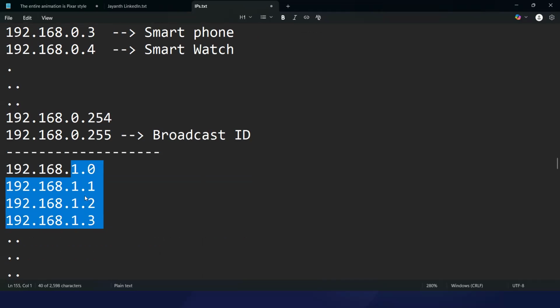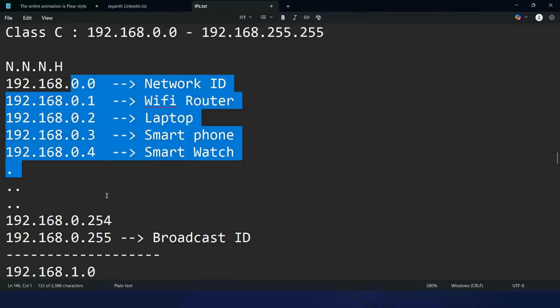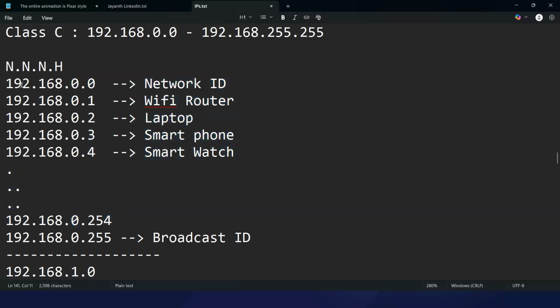And these devices can't communicate with these devices because the network is different. For a device to communicate with another device, it needs to be in the same network as them. If it's in a different network, it can't communicate that way. Okay. That's the concept of these networks and hosts. So all of these are individual hosts belonging to the same network,